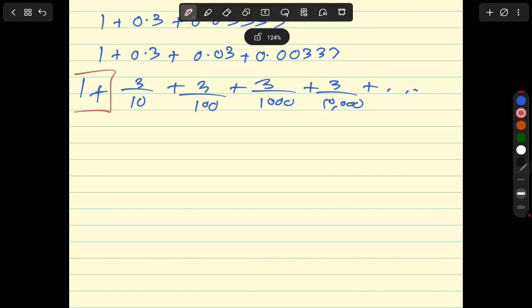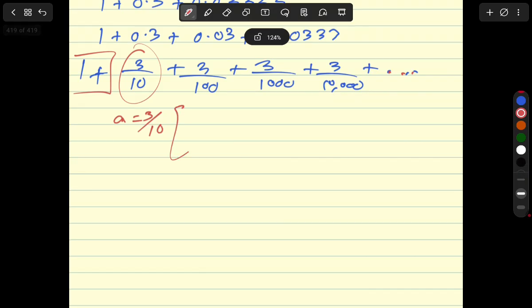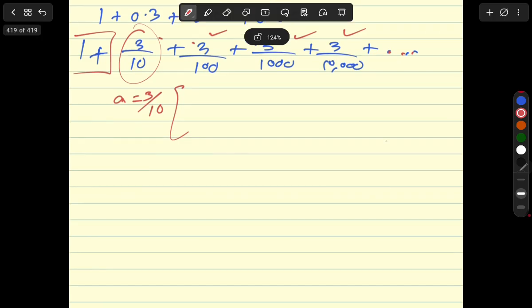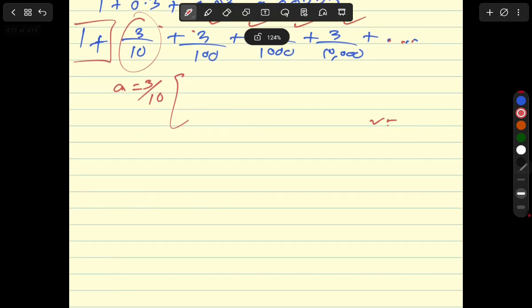Now, if I take this as the first term, so a is going to be 3 upon 10. And by the way, this goes on and on to infinity, right? There are an infinite number of terms because this is a recurring series. So the common ratio is what? This upon this, and this upon this. So it's nothing but 1 upon 10. So R is going to be 1 upon 10, and you can divide two subsequent terms to check. A is going to be 3 upon 10, and we can